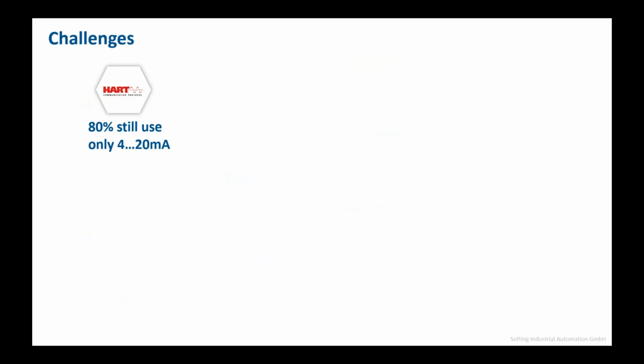For sure, we also have other challenges that we are facing. If we look into the process industry, we see that almost 80% still use only 4 to 20 milliamperes in their applications. Even if they have HART protocol installed in their devices, they only use those analog technologies because it works. So they say to themselves, why do I need all this data? My application is working, my plant is just doing fine. If I have a problem, somebody from the service team will clear it,